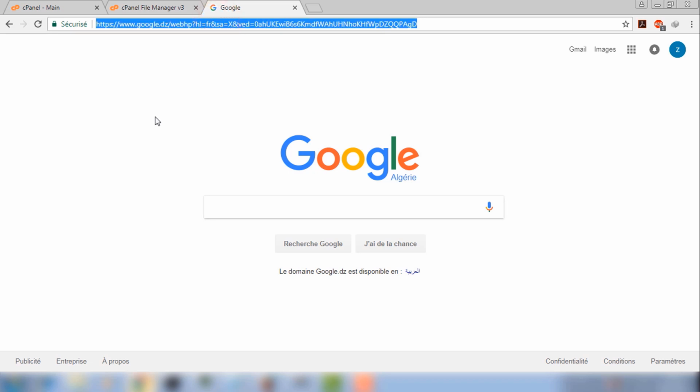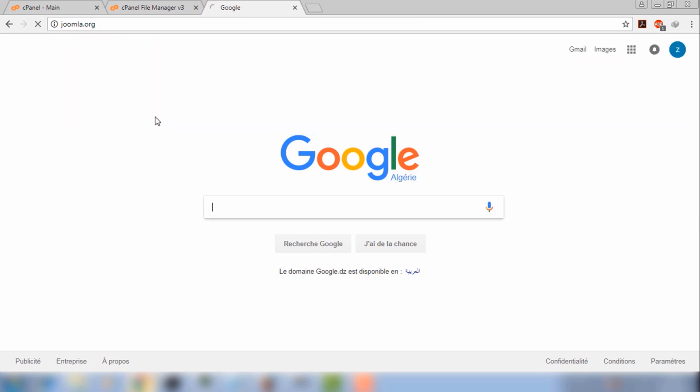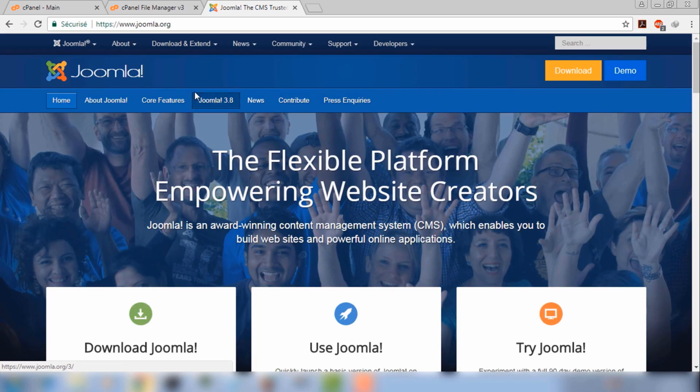So just type in joomla.org. So this is the website of Joomla, and here you find a link to download. So click on download here,